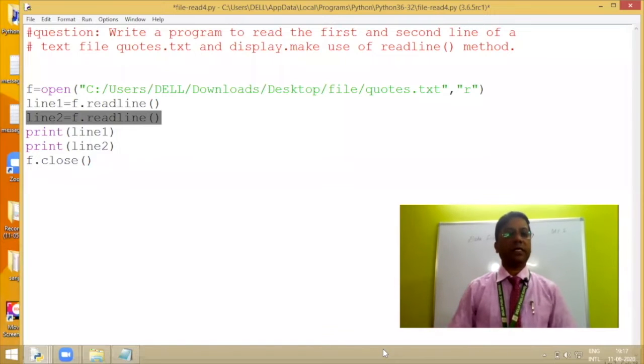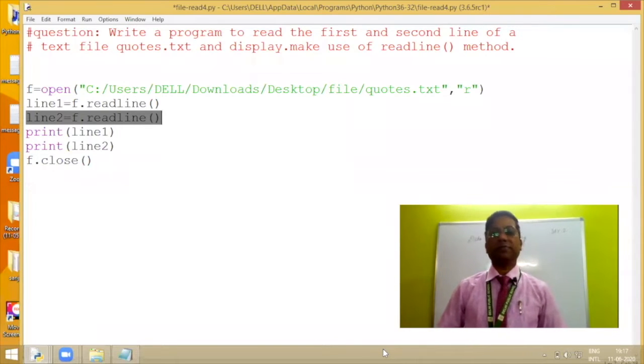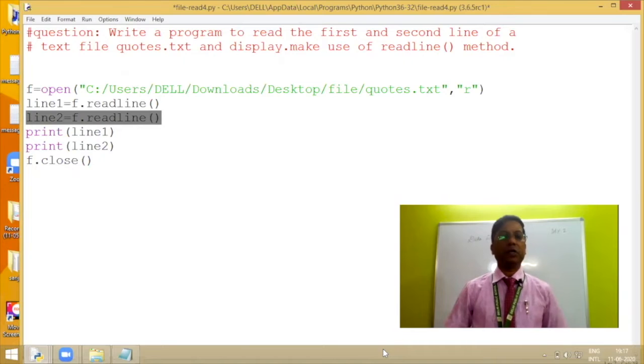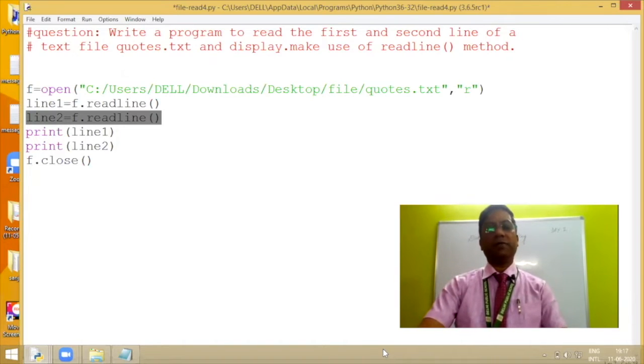Now let us take the question. Write a program to read the first and second line of a text file codes.txt and display. Now this time we will make use of the readline method. Again, I have opened the file codes.txt in the reading mode, and then with the help of the file object, f.readline.